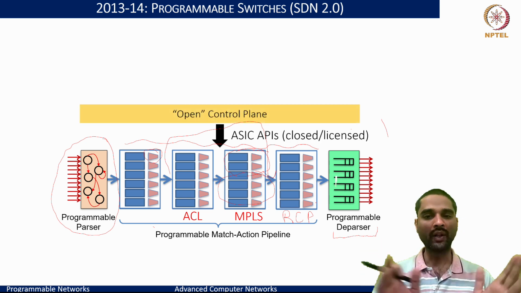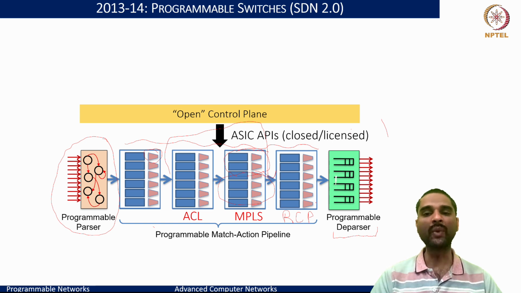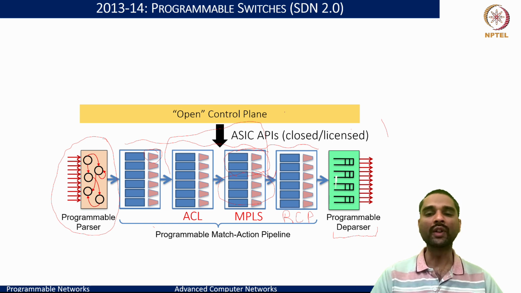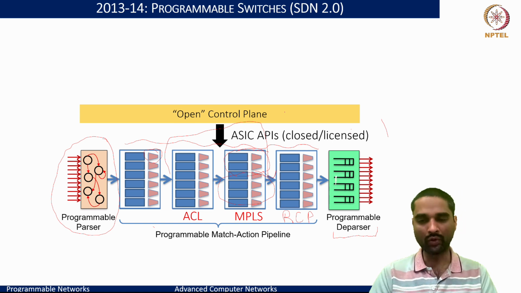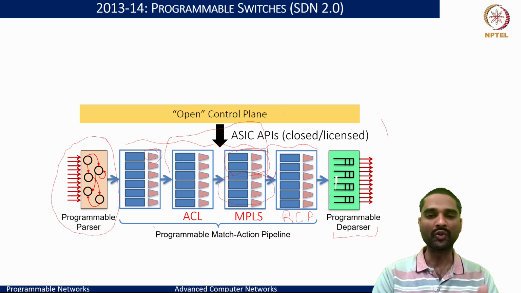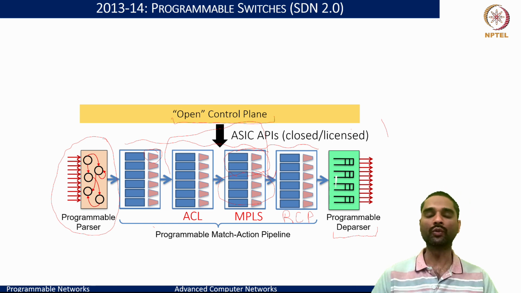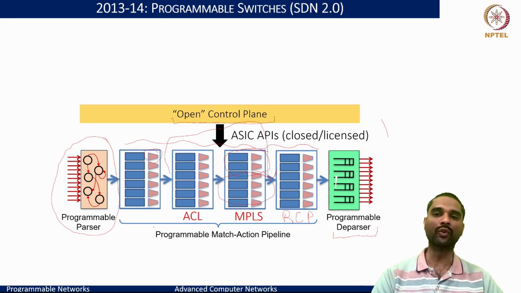In essence, we are making the control plane now completely open, and also the ASIC APIs that would then match for making this aspect on the given ASIC somewhat licensed or closed. Even though closed or licensed in fashion, we could still have target specific applications to translate these open control plane activities into the ASICs through either target specific or somewhat licensed APIs through which we could build this functionality.